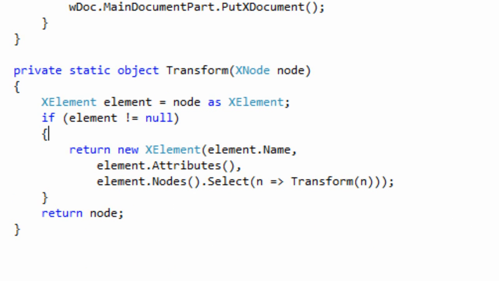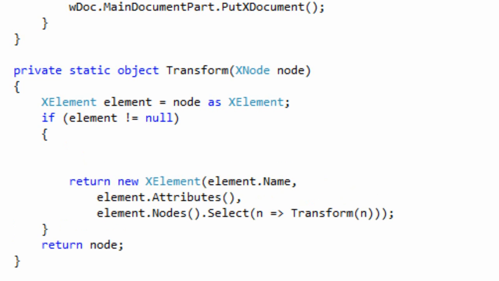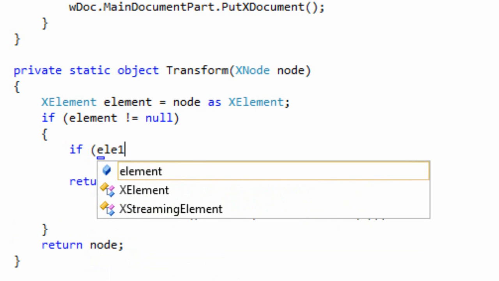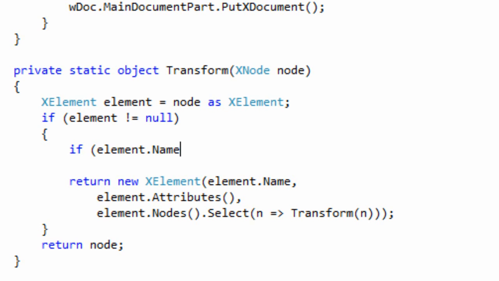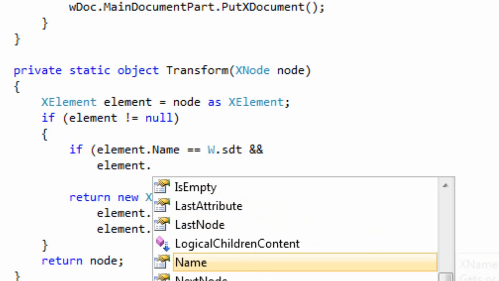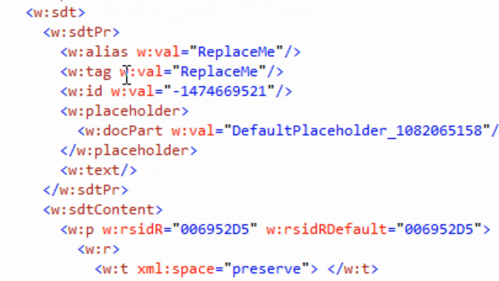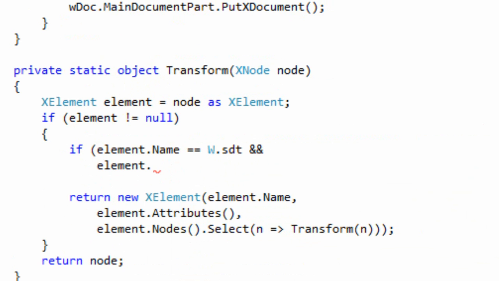Now we've written our identity transform. Now we're going to add our new rule into this transform, looking for that content control that has a tag of replace me. So we're going to say if element.name is equal to w.sdt and element dot, let's see, it's going to be a child element named tag and with a value of replace me. So if element.element